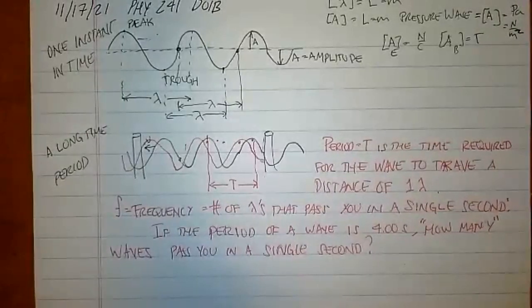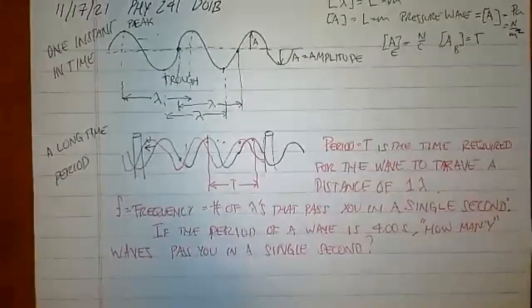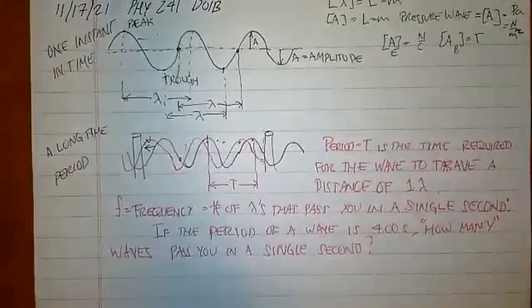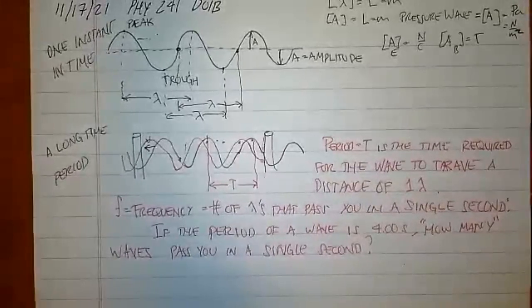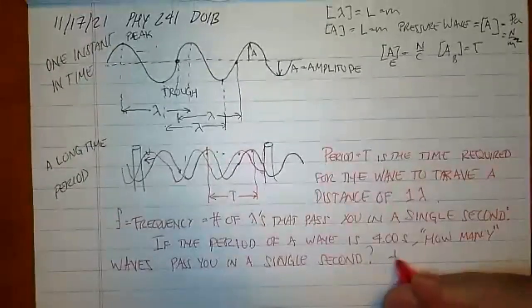So let's imagine the wave was 4 feet long. How much of that wave is going to get by you in a single second? Well, it'd be 1 foot. And 1 foot is what fraction of the 4 foot wavelength? A quarter. Yeah. So the answer is 1/4